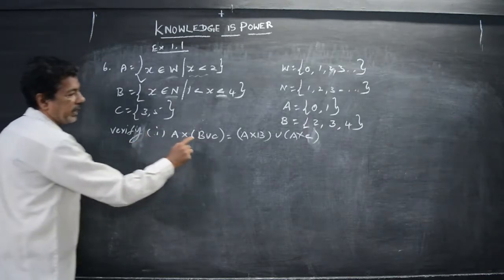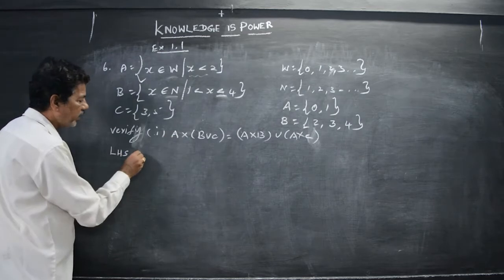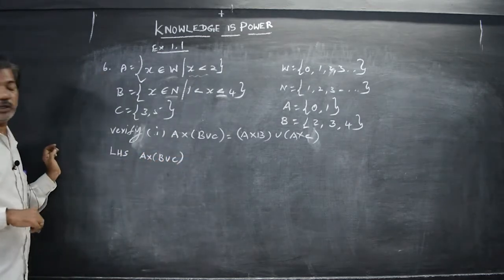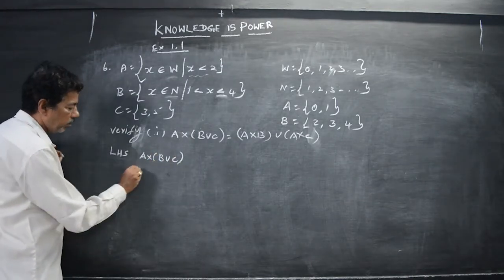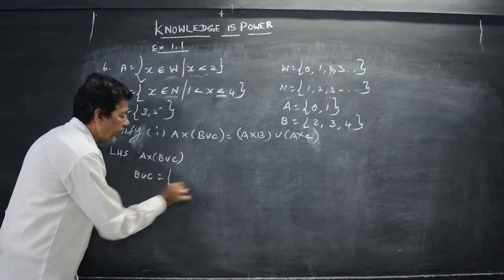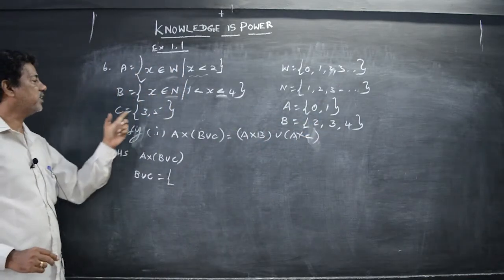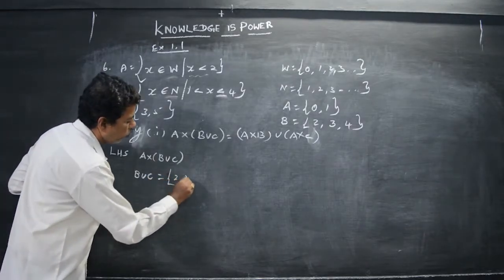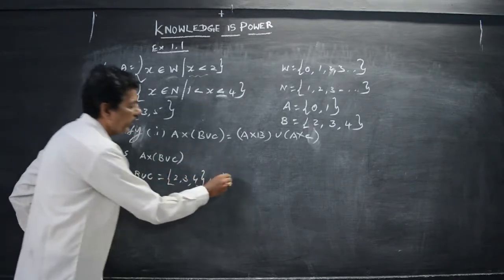Okay, now take out the left hand side as well as the right hand side. Now what is the left hand side? They have given A cross B union C. First you have to finish the condition given in the bracket: B union C. So what are the elements present in B now? 2, 3, 4. What are the elements present in C now? 3 and 5. Now B is nothing but 2, 3, 4 union C set 3 and 5.